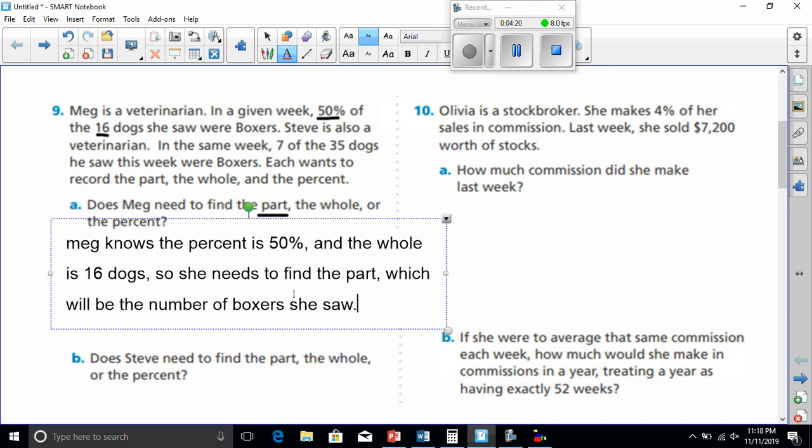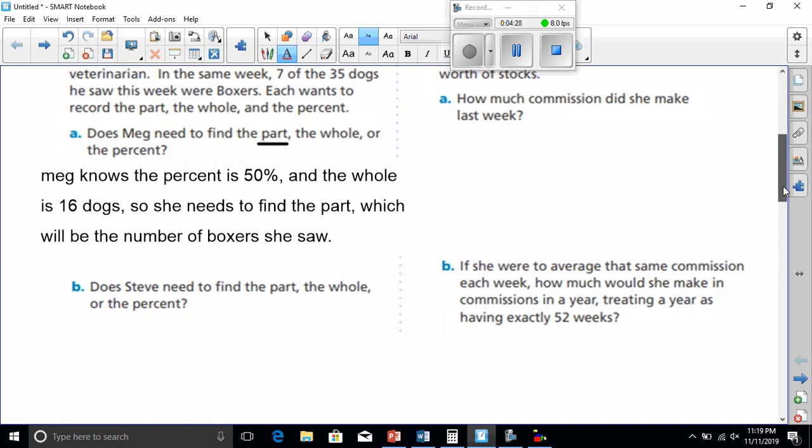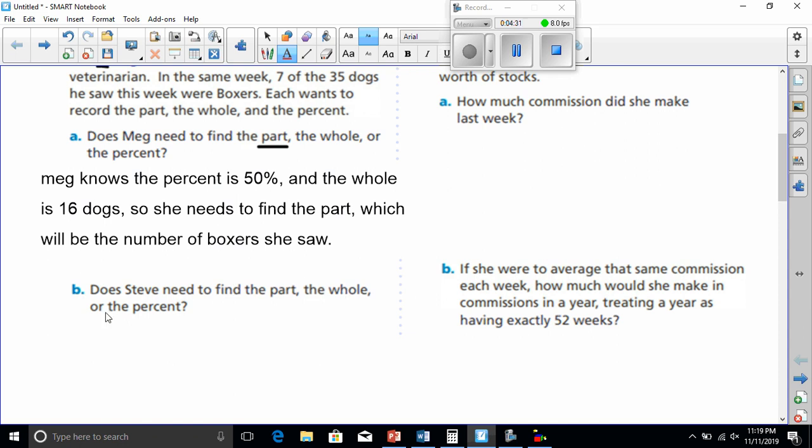Okay, all right, and let's go on to letter B, part B of 9. It says, does Steve need to find the part, the whole, or the percent? Well, in Steve's case, in the same week, it says 7 of the 35 dogs he saw were boxers. So he knows the part and the whole. So in this case,